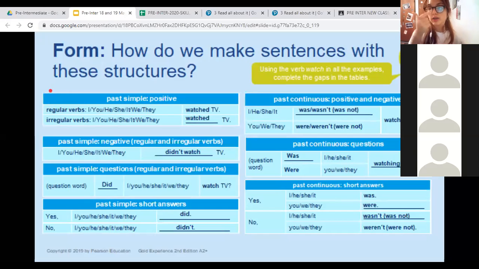So I, you, we, he, she, it, they. Para todos los pronombres usamos la misma forma. Va a depender la diferencia acá if the verb is regular or irregular. If the verb is regular, we add ed. I watched, I walked,